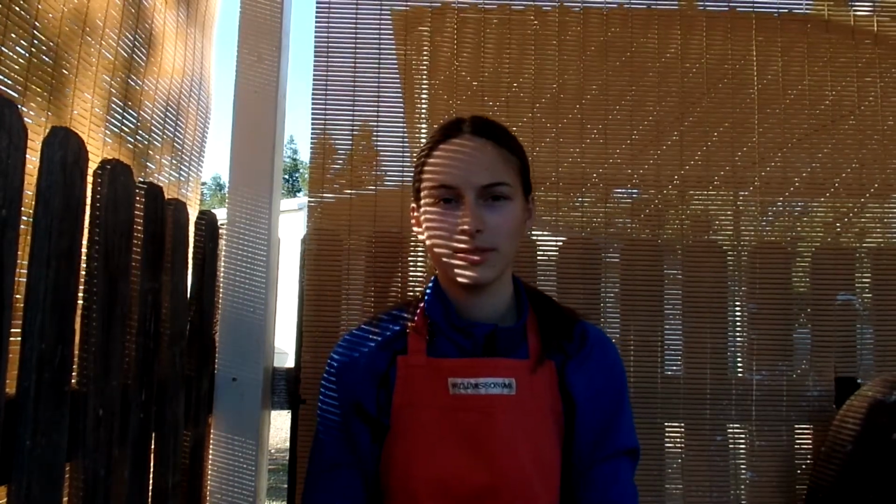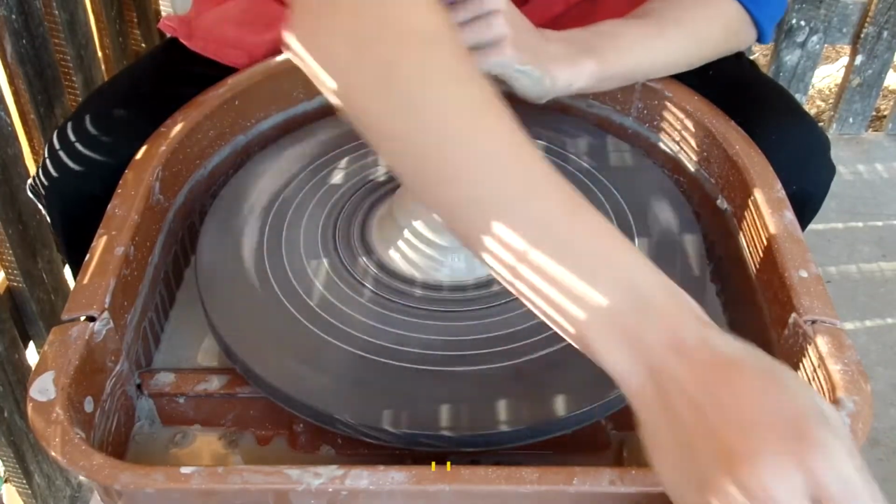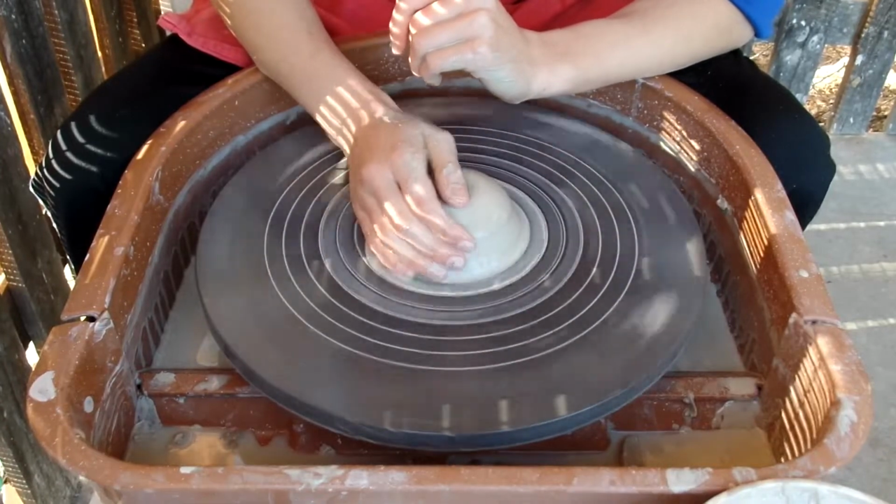So today I'm going to be doing a tutorial on how to throw some cups. First we're going to start with the throwing. Once it's nice and centered, this is just going to be like a simple cylinder, so